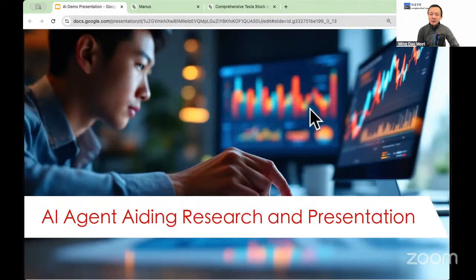With this demo, imagine that you are a student and you want to do some research on a topic. And then finally, you need to write your research paper. Usually it's a very time-consuming process. You try to plan your research, right? And then you go to the web and write down the information, copy and paste into some document, look at multiple sources, summarize it, and then you need to write it in a formal document.